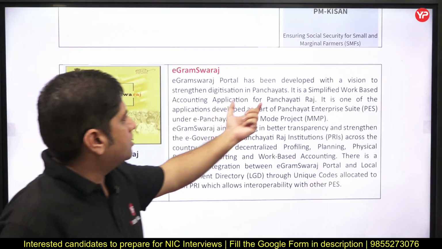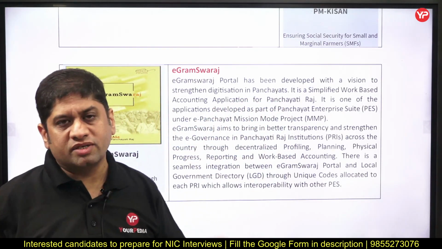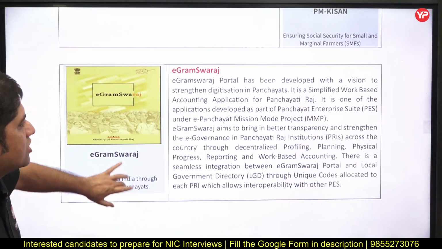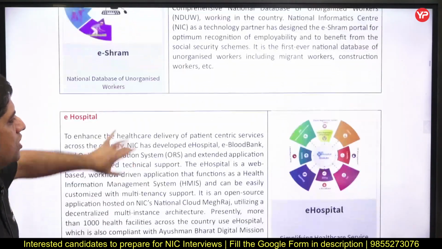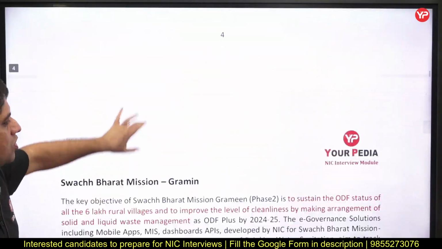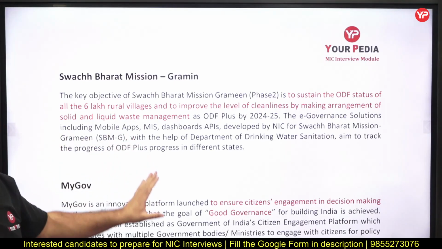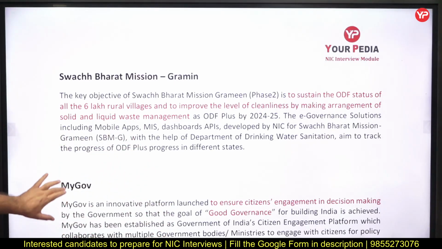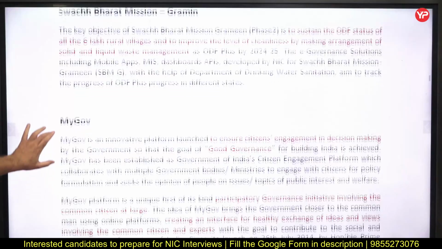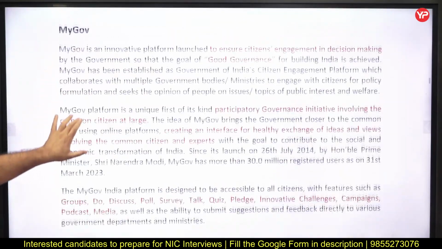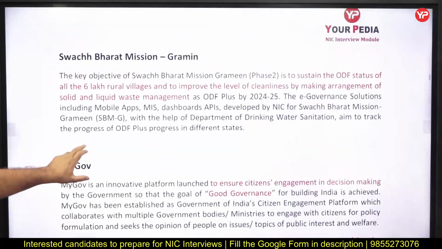So as I told you, NIC is not only helping central government and state government, but also the Panchayati Raj and the grassroots level government system, it is supporting in that particular domain also. Swachh Bharat Mission is a very important flagship program of the government, and Swachh Bharat Mission and MyGov are the two most important flagship programs on which NIC is working. Swachh Bharat Mission में